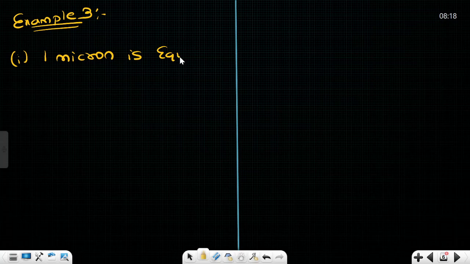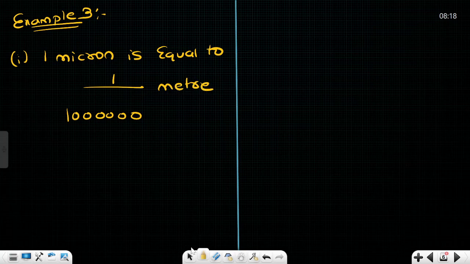is equal to 1 by you can say 10 lakh meter. Express this in the usual form. No, scientific. So